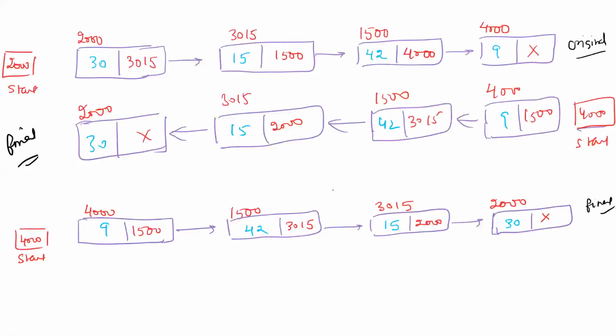The topic is reversing a singly linked list. Now, how to do the reversal? Let us consider this example. Given a linked list whose starting address is given to you as 2000, and these are some four nodes: